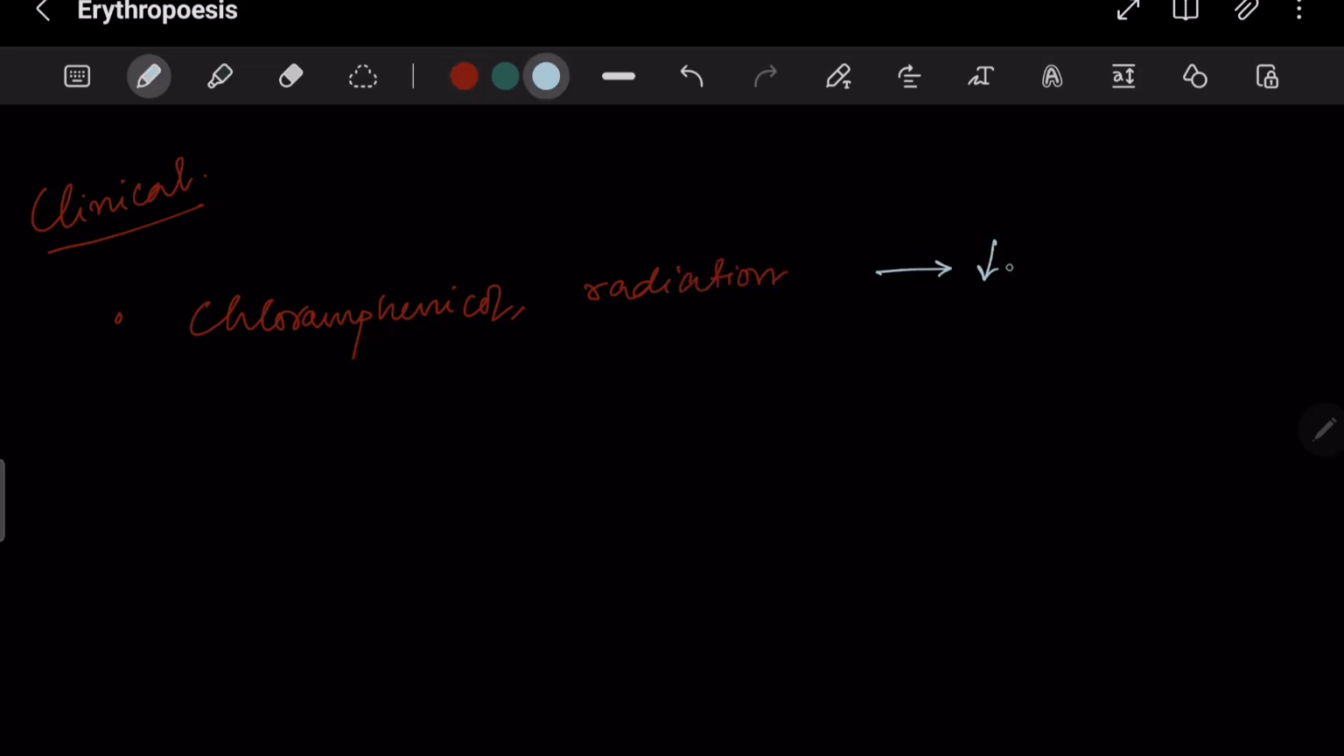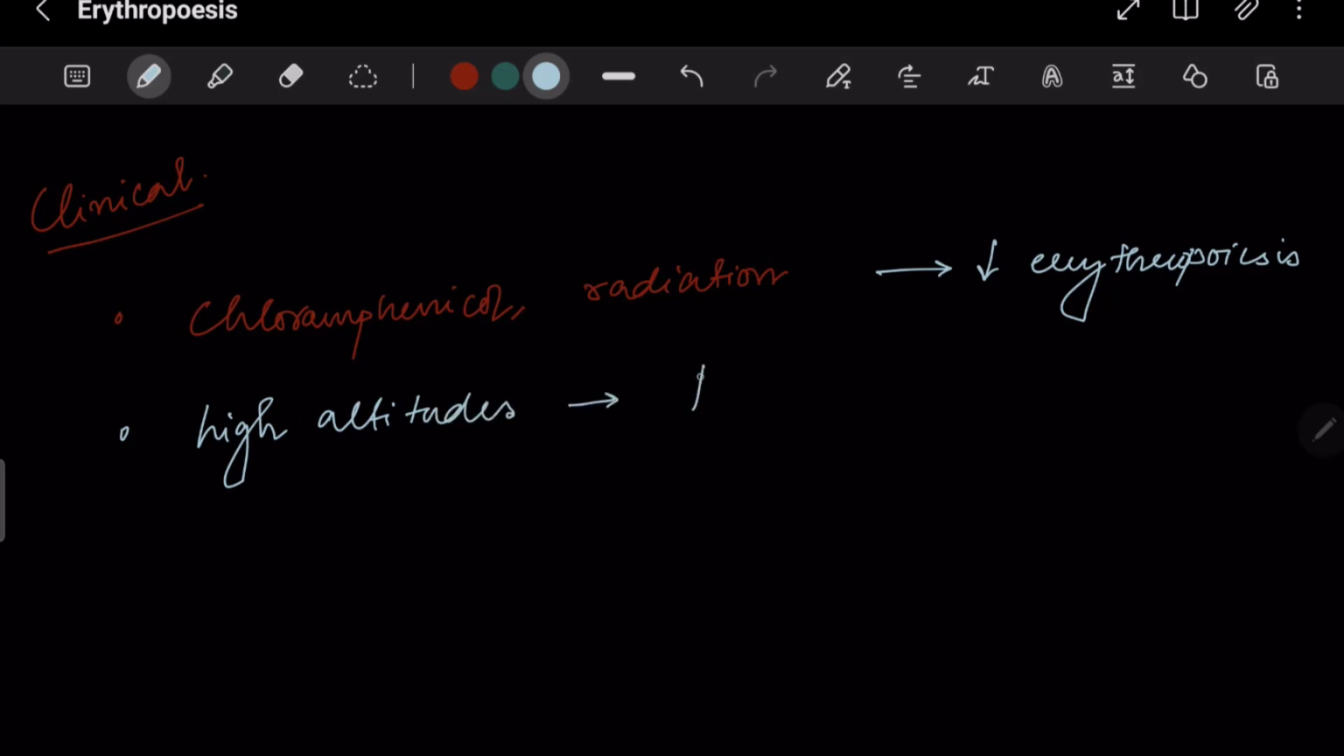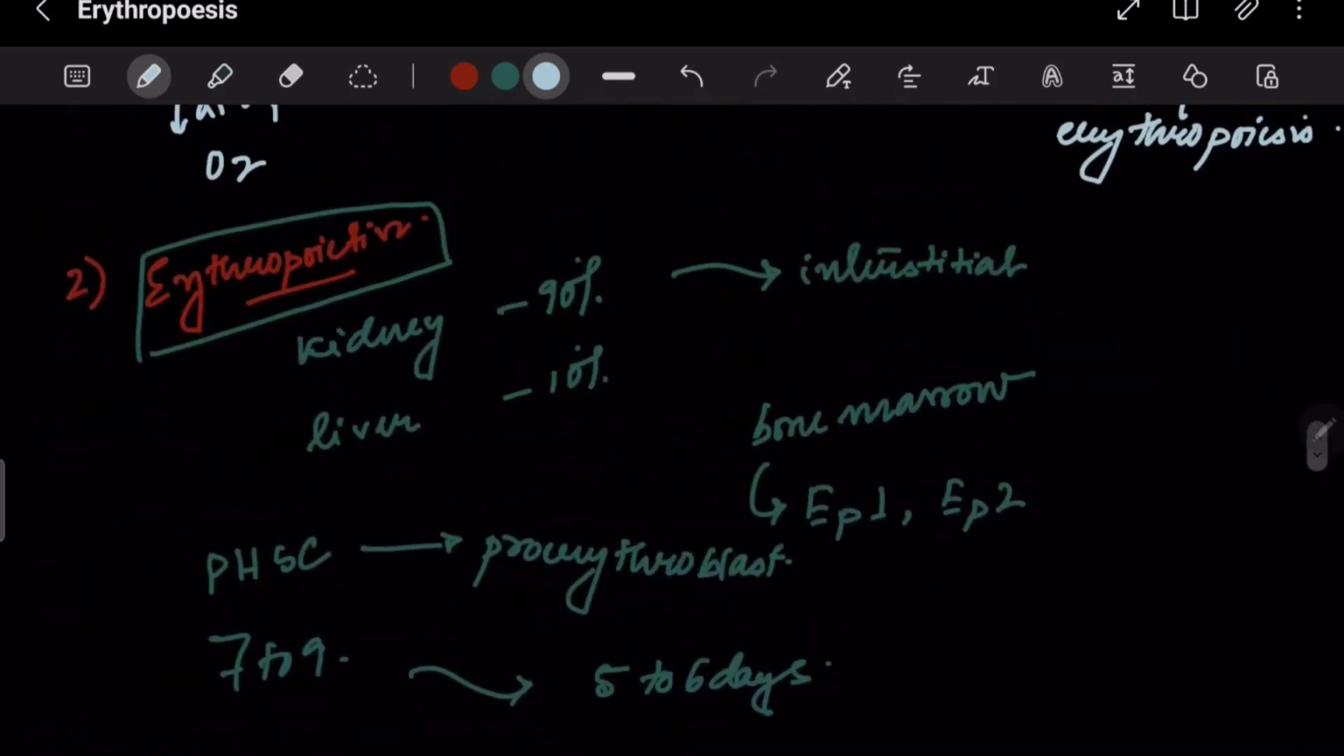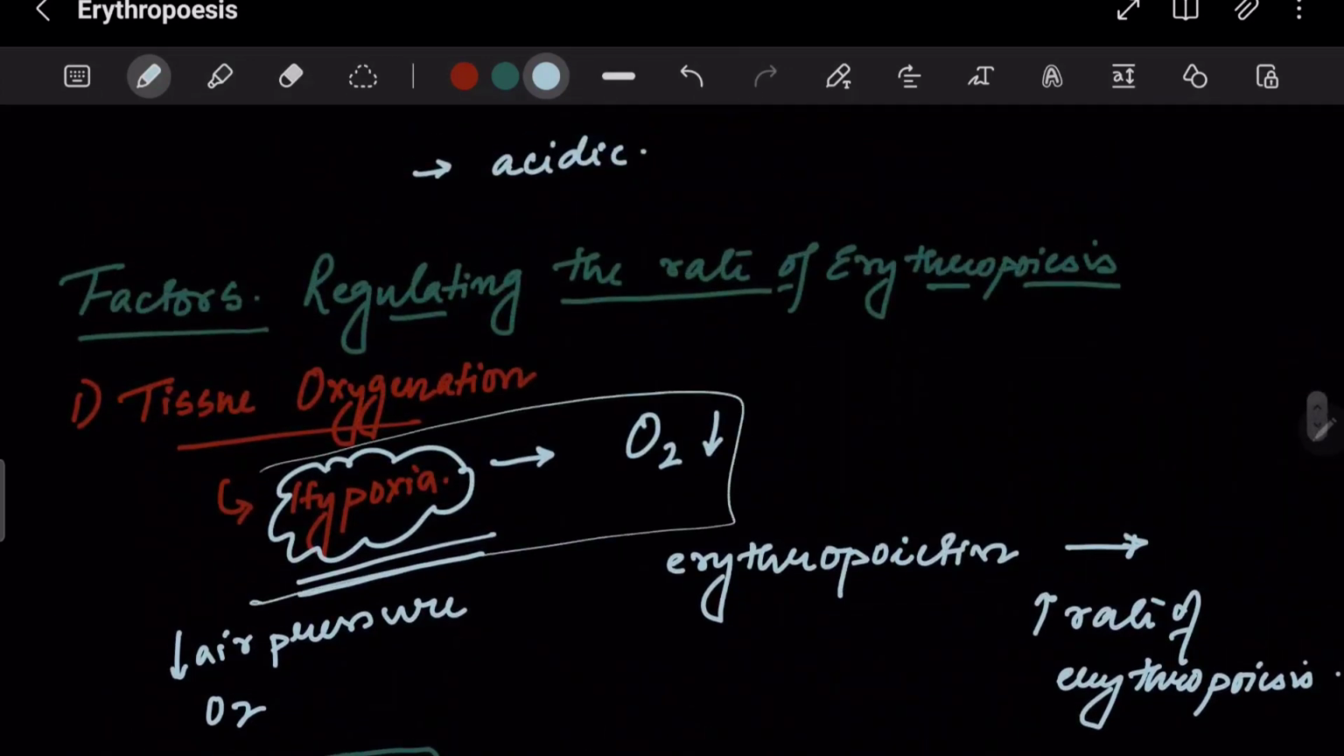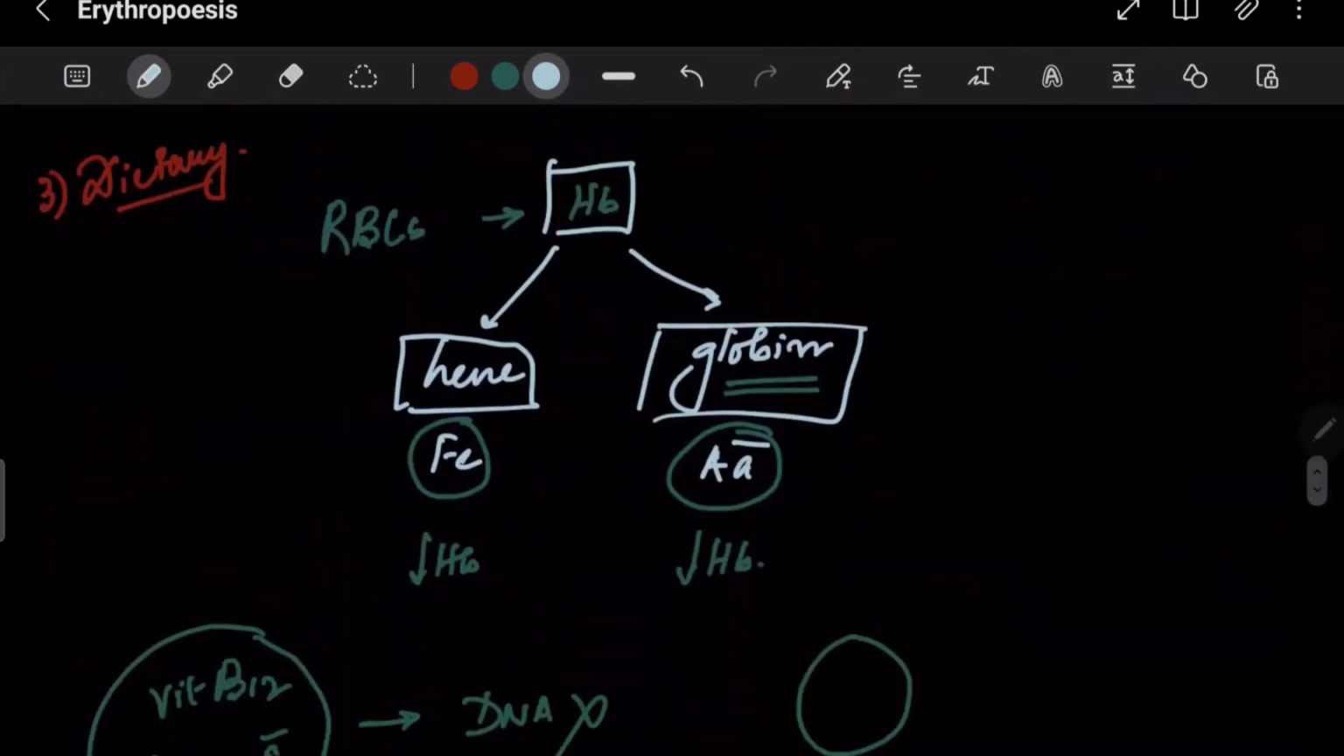Now let us do some clinical significance of erythropoiesis. There are some drugs, for example, chloramphenicol, or some radiations. These decrease the rate of erythropoiesis. Some persons residing at high altitudes have increased RBC volume, and the reason is explained here: due to hypoxic conditions, air pressure is low, oxygen pressure is less. As a result, what happens is